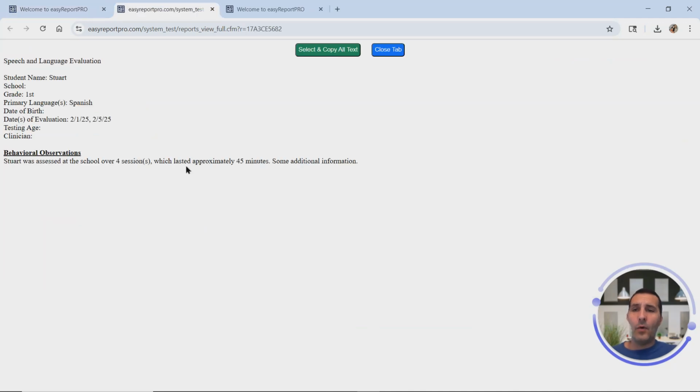Now when I view that report, you'll see here's my grade, here's my language, my dates, and the information here. I have my number of sessions, my minutes, along with that additional information. So these user-generated codes should allow you a lot more flexibility to put that information in on the fly directly within easyReportPRO and allow you to finish even more of your report